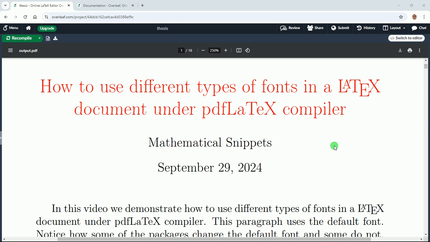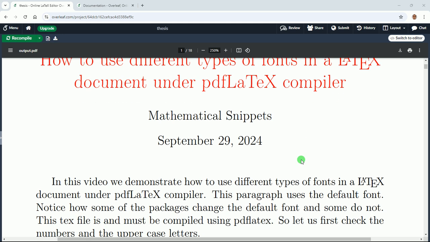Today I am going to show you in this video how to use different types of fonts in a LaTeX document under the PDFLaTeX compiler. Friends, as you know, there is another type of compiler called XeLaTeX. So here in this file we have used the PDFLaTeX compiler, and